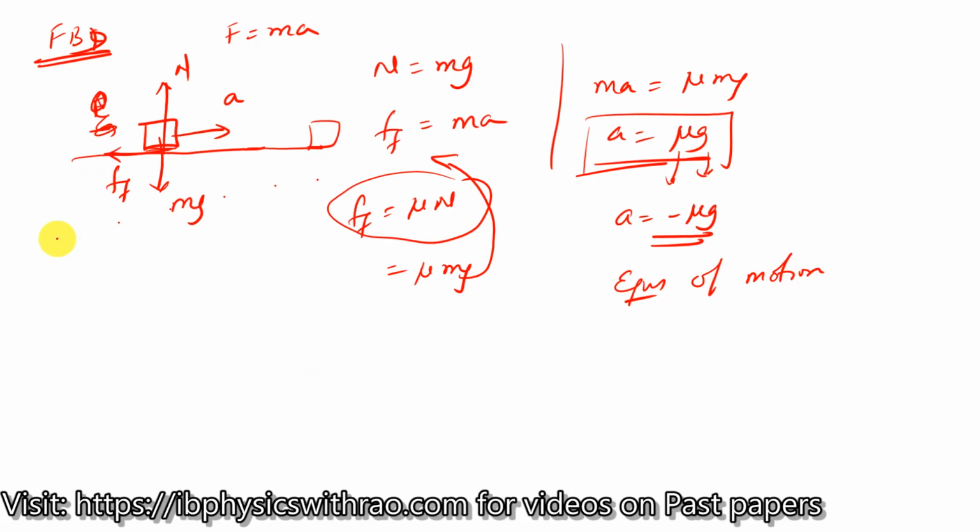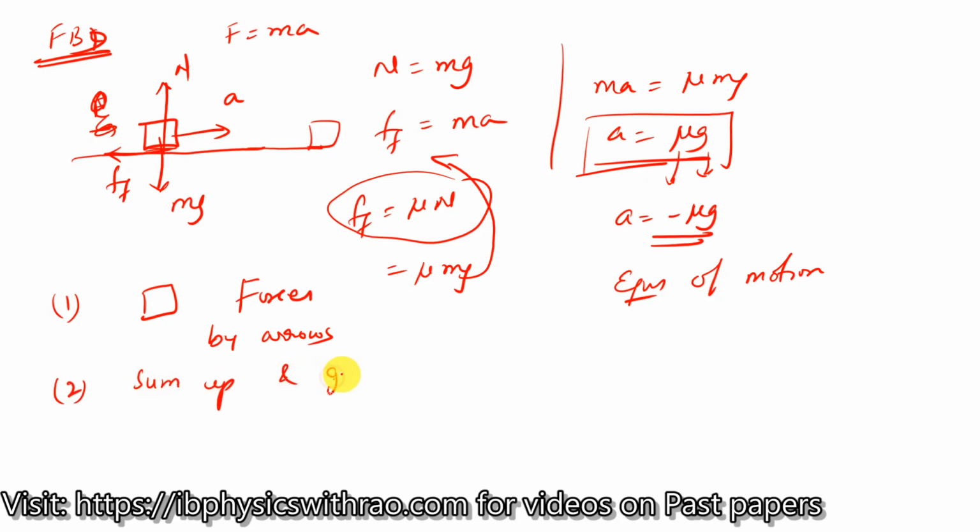This can be applied in any direction. So FBD consists of mainly three parts. The first part is take up one object at a time and write all the forces acting on it, by arrows. And the second part of it is that sum up and get the resultant